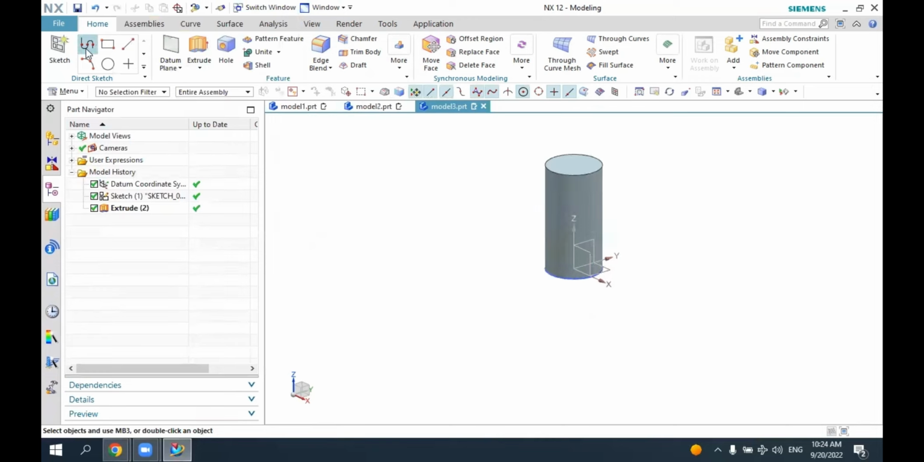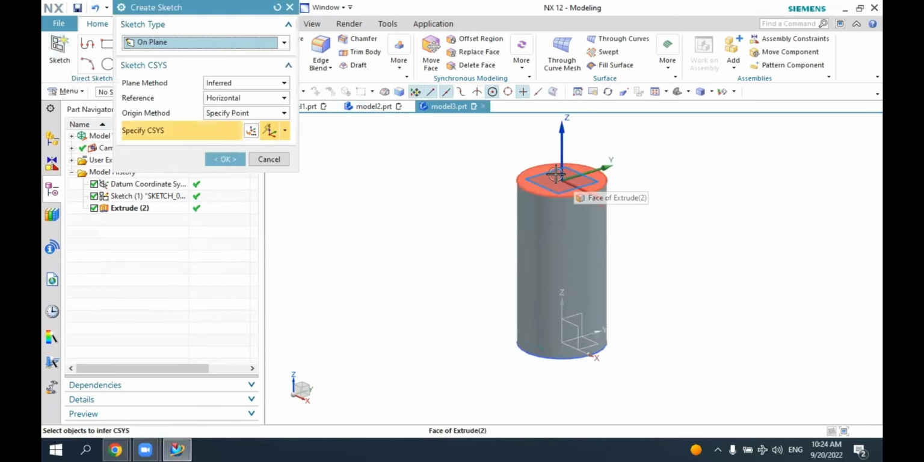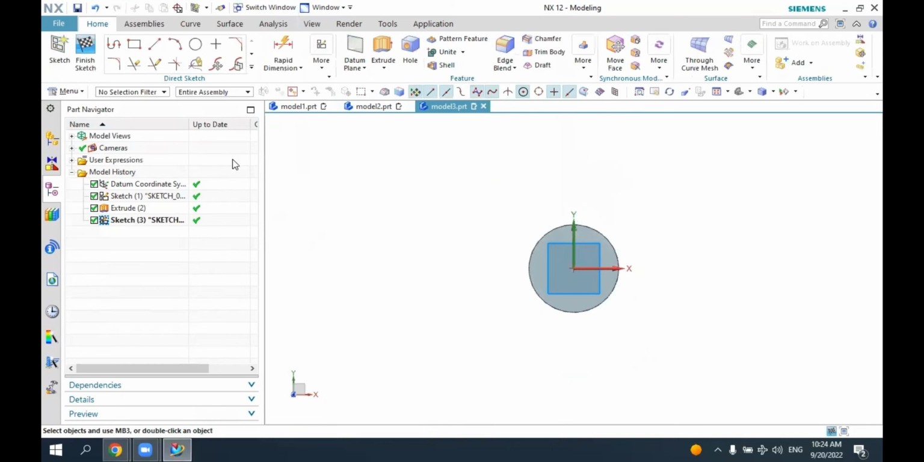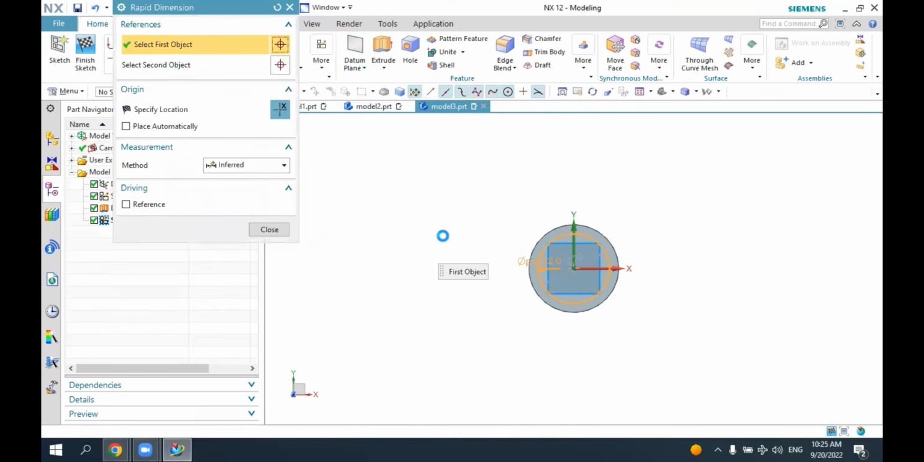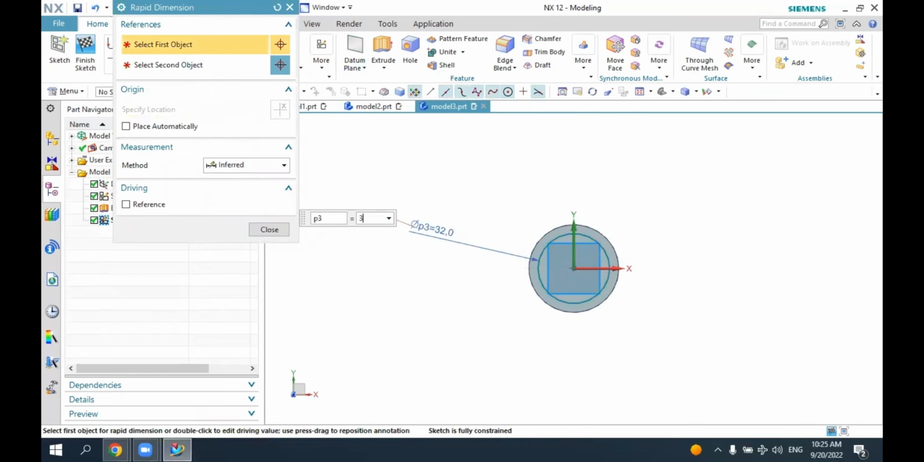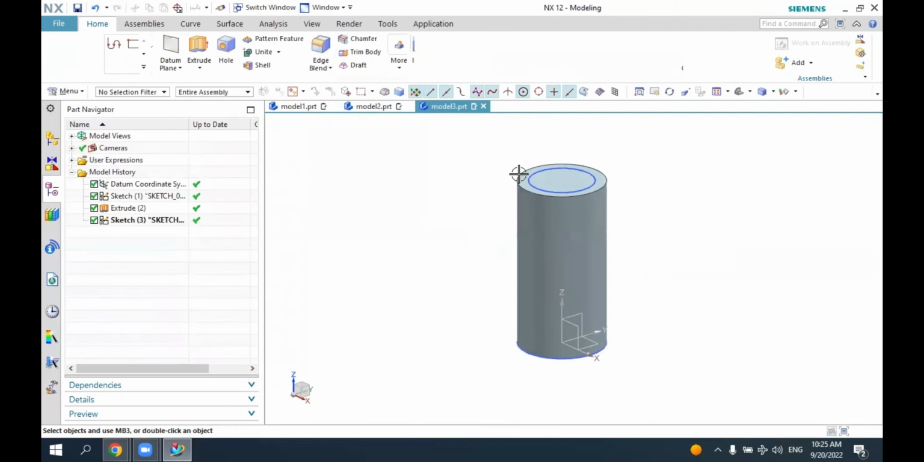now I will go with the sketch. So select the sketch, select the display, press OK. Now I will draw the circle with the diameter of 30 millimeter on the display. So dimension, the rapid dimension. So it's 30 millimeter. Finish sketch. So here